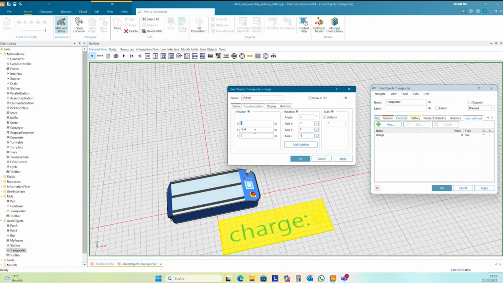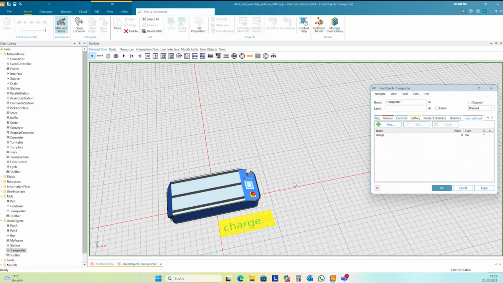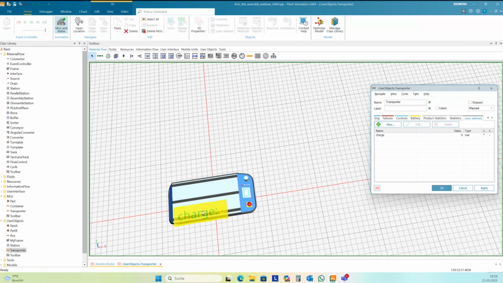Okay, it's 0.5, it's okay. I scale it a little bit. And then I can also change this. I move it a little bit so that it is displayed here on the HEV.